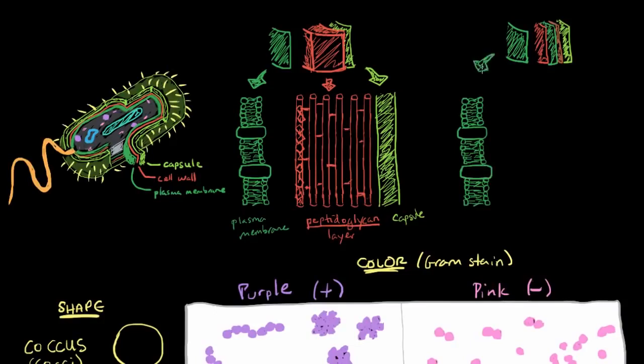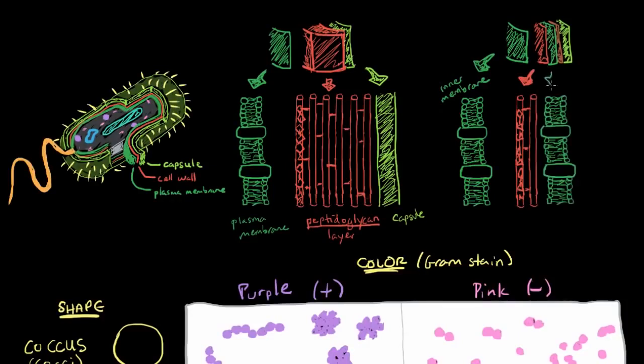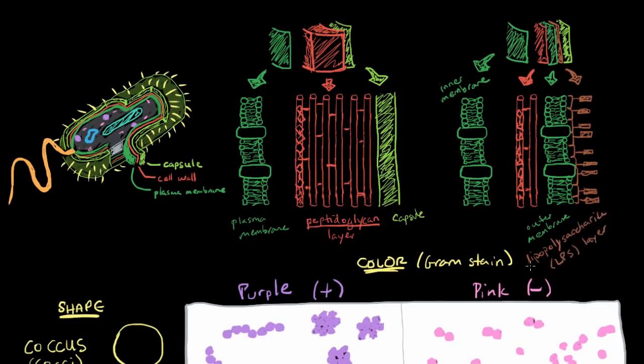You have this inner membrane, and then you have this very thin peptidoglycan layer. And again, this is made of sugars all along these rod areas. So I'm not going to write that out again because it's a super long word. It's going to take up space. Then you have an outer membrane. So here. And then next is this brown layer, also called the lipopolysaccharide layer, which most people abbreviate as LPS